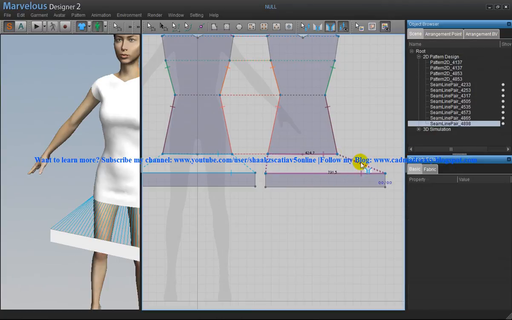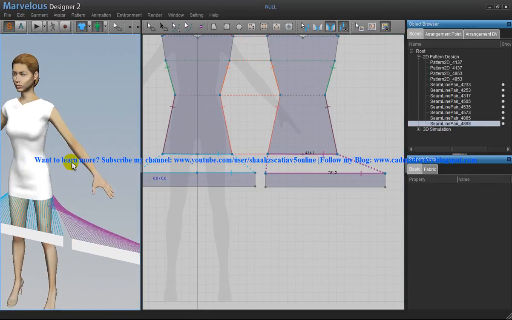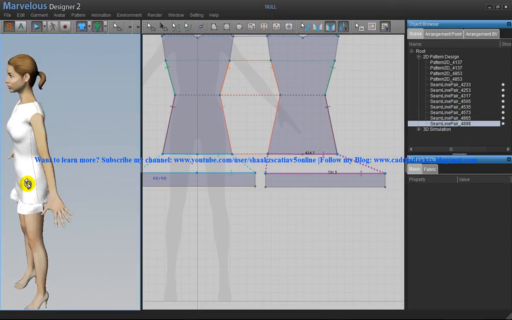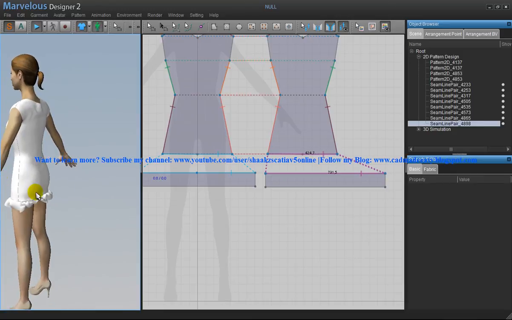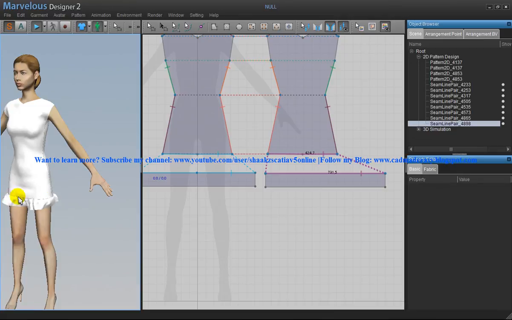Make sure you're sewing in the same direction, otherwise it's going to be reversed. Now what you need to do is just click on the simulate button, and you can see that particular portion has been draped there. Now if you want, you can add another layer over there,